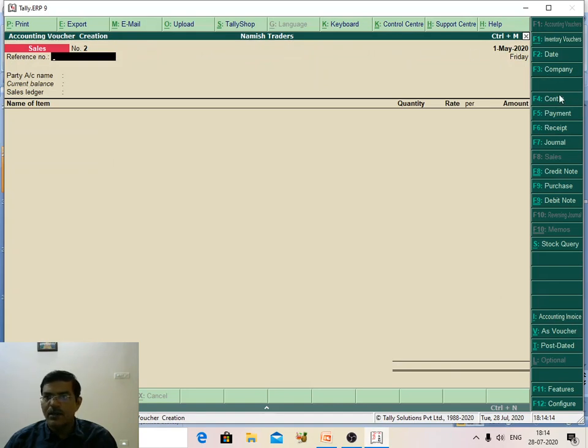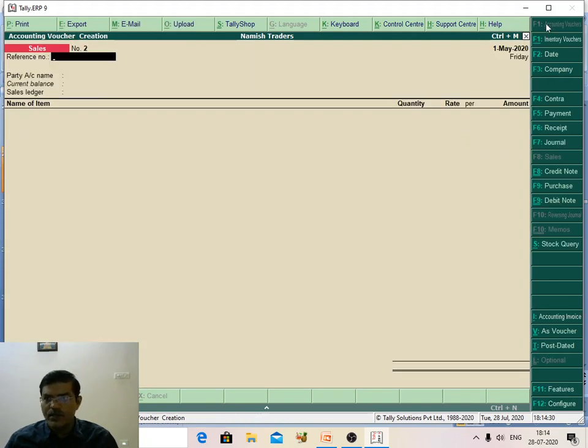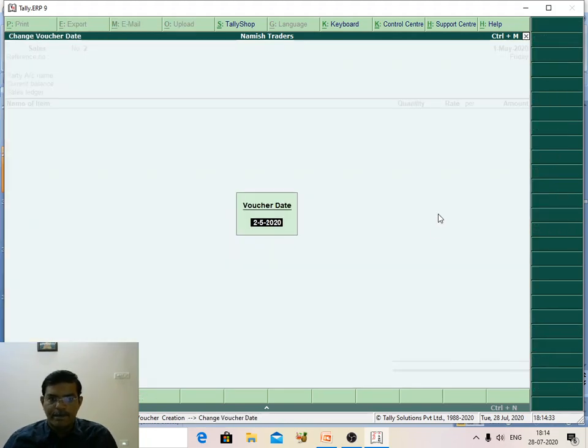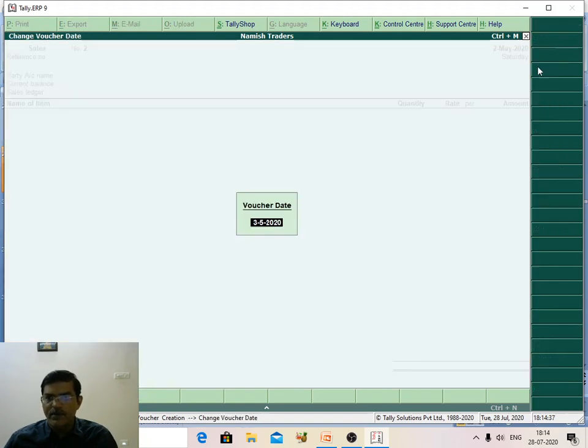Select F2. 10/6/2020. The voucher entry dates. Now I am changing the voucher date.